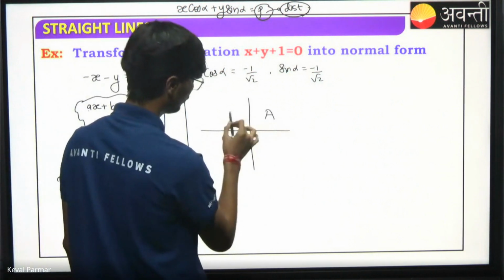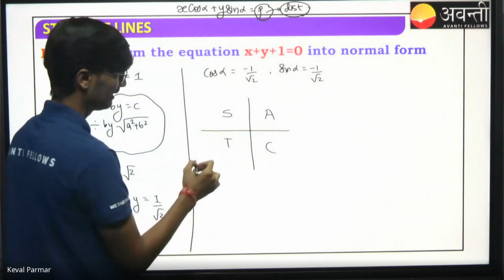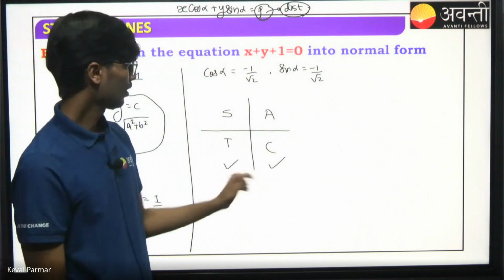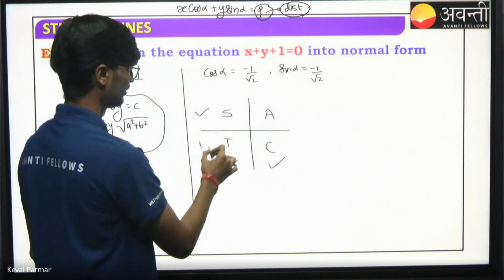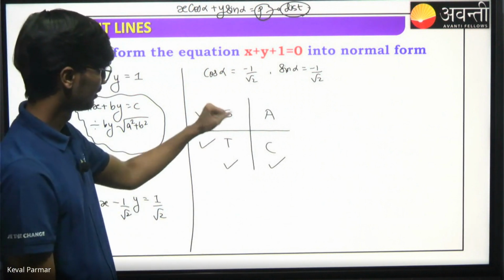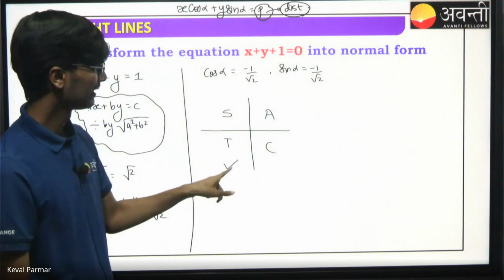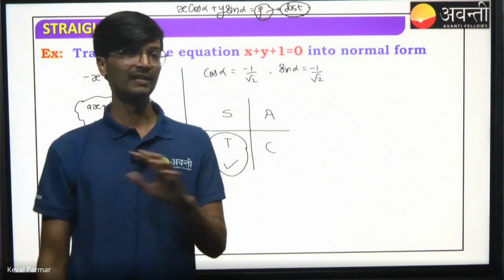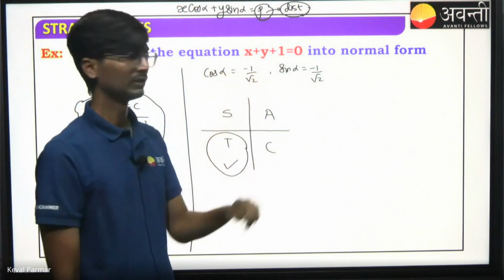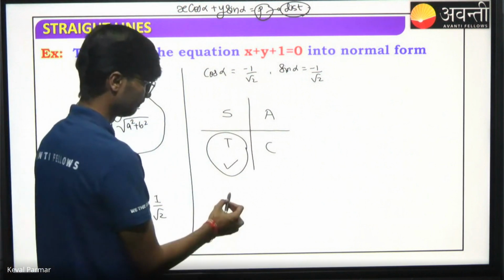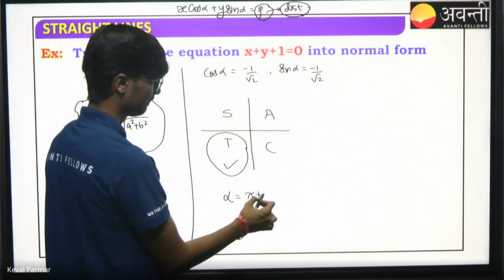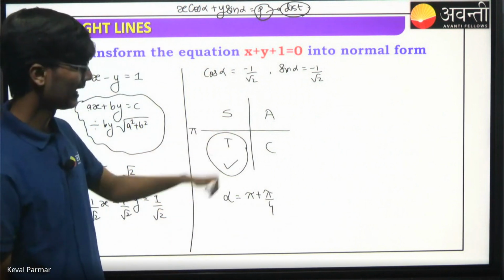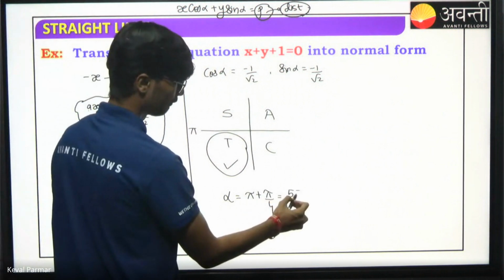If you remember trigonometry, sin alpha is negative in the third and fourth quadrant. Cos alpha is negative in the second and third quadrant. So that means my alpha should be in the third quadrant. Now, which angle in the third quadrant gives minus 1 by root 2 for cos? It is very simple. It is pi plus pi by 4. See, this is pi, right? Moving further, it will be pi plus pi by 4, which is 5 pi by